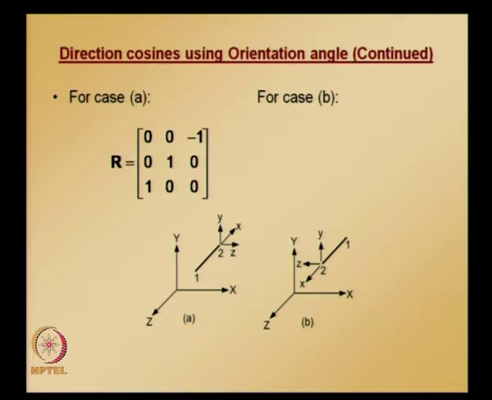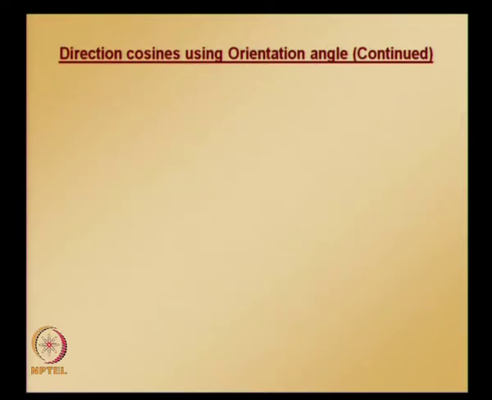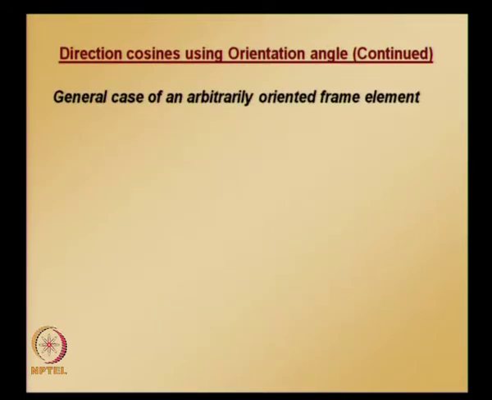So, for case B, rotation matrix again by inspection, and just observing what is going to be the cosine of angle between the local axis and global axis, we obtain this one. So, using these we can calculate the direction cosines using orientation angle. This is what we have seen in the last class, and the last case is general case of arbitrarily